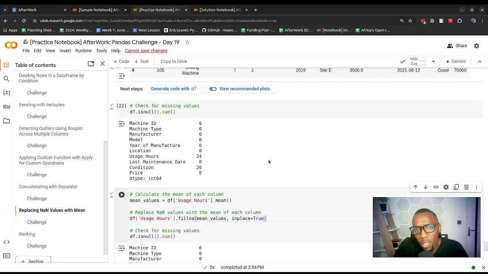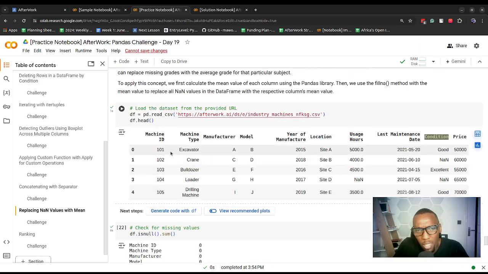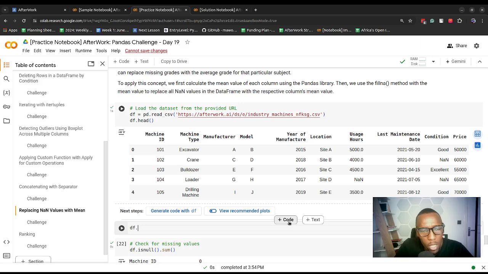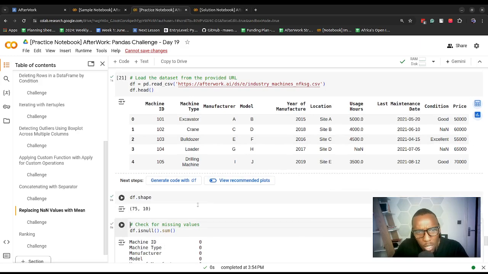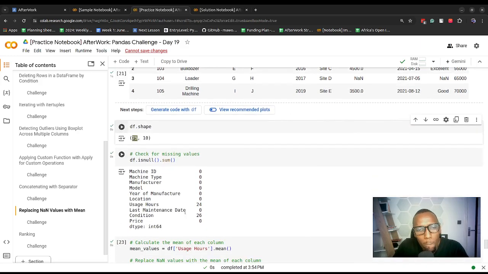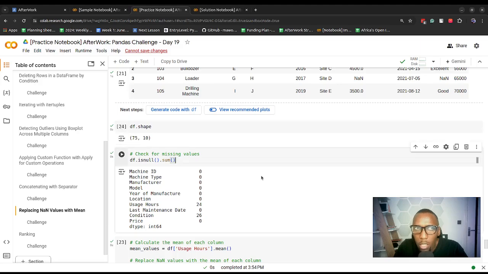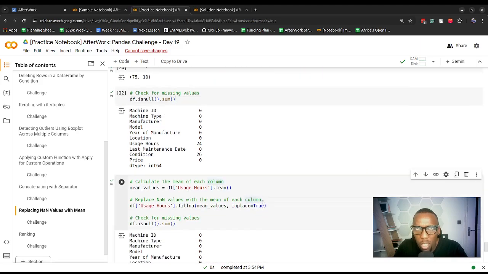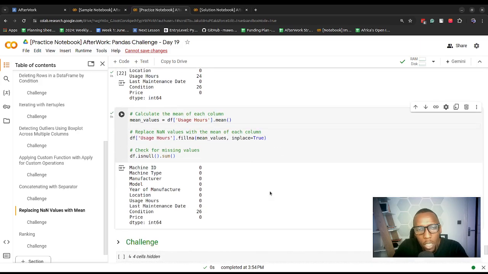I'm not sure this is the best option, because looking at this data set, if I check the size of it with df.shape, it should be 75 records and 24 columns. That's about a third missing. I probably would use a different method, not necessarily mean imputation. Probably something like a regression technique, could be a decision tree regressor for such a situation,